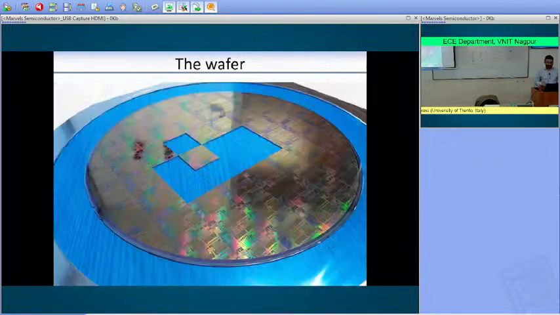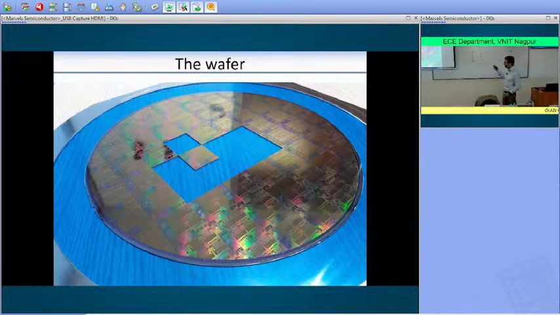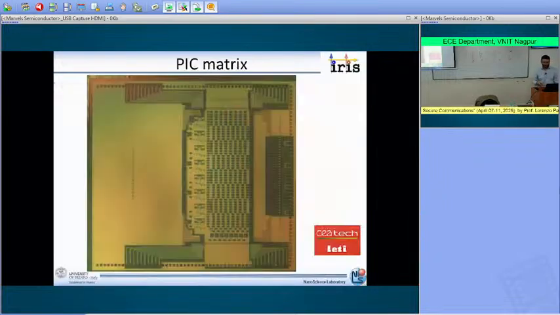Then the design was transferred to the foundry in Grenoble. And they indeed produce 200 millimeter wafers. On top of these 200 millimeter wafers, you have all the single dies that are the single switching matrix. And this is the actual chip fabricated before